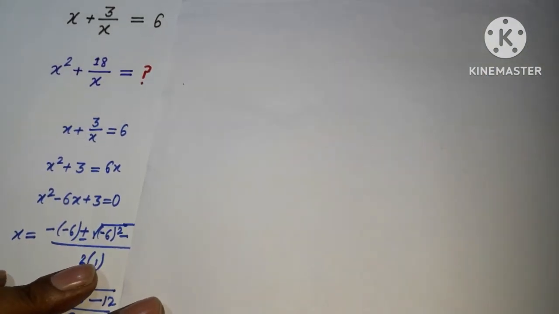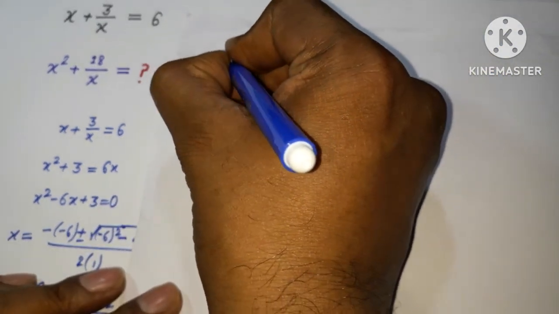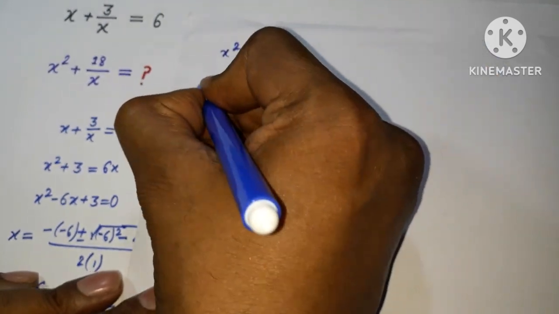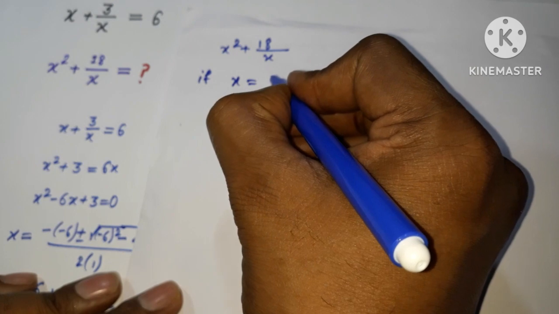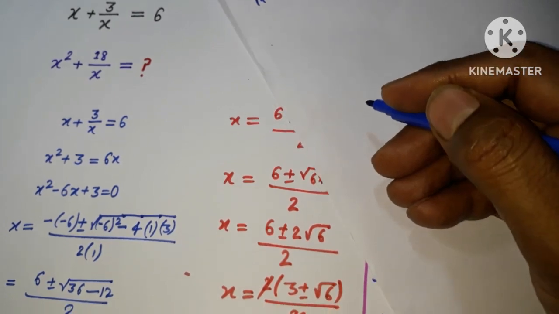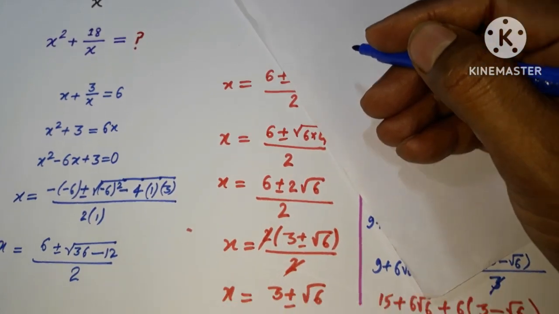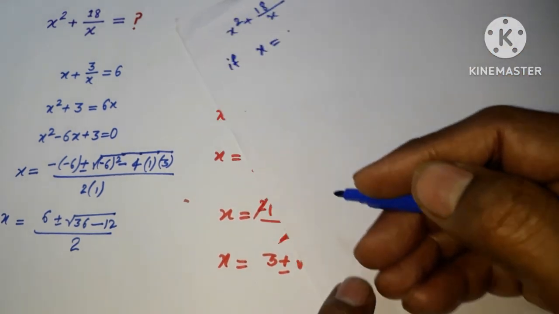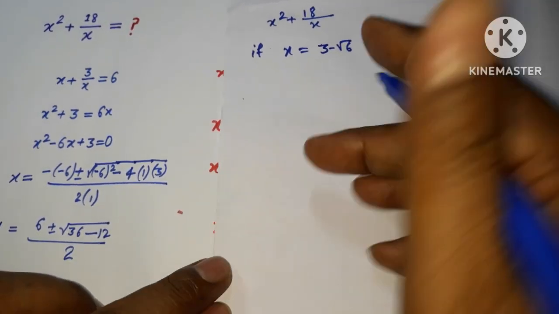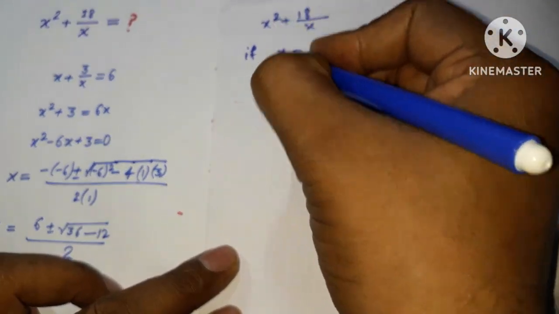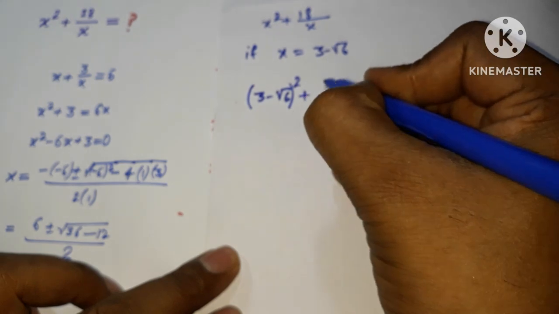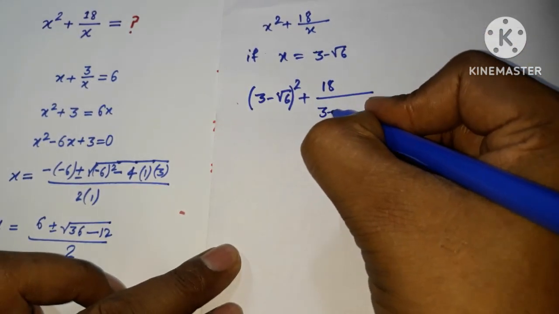Next thing we have to find the value for this one, x square plus 18 divided by x. So here I am just taking the value for x, it is already we have x equal to, here you can see we have x is equal to 3 minus root 6. I am using 3 minus root 6, and then we will check what is the value coming. So here if I am putting this value here, 3 minus root 6 square and 18 divided by 3 minus root 6,